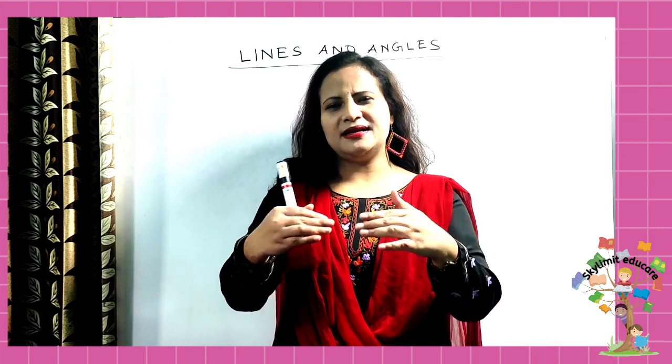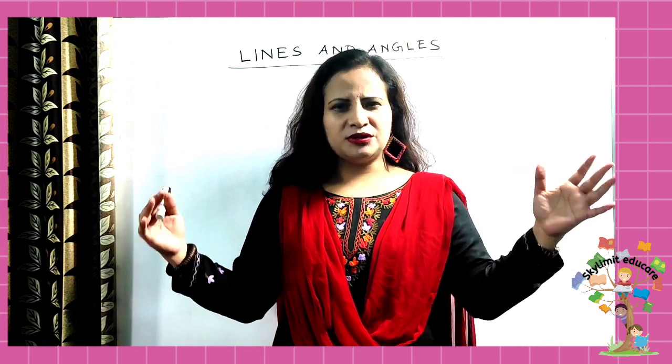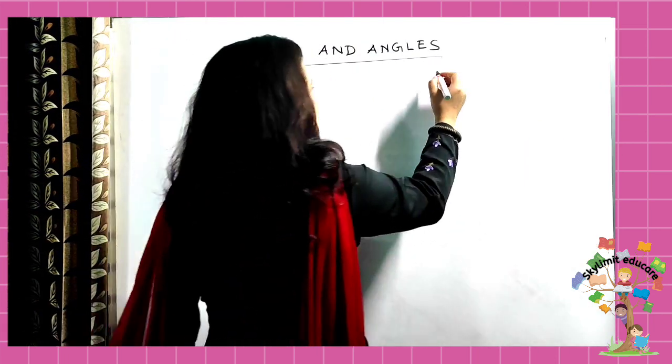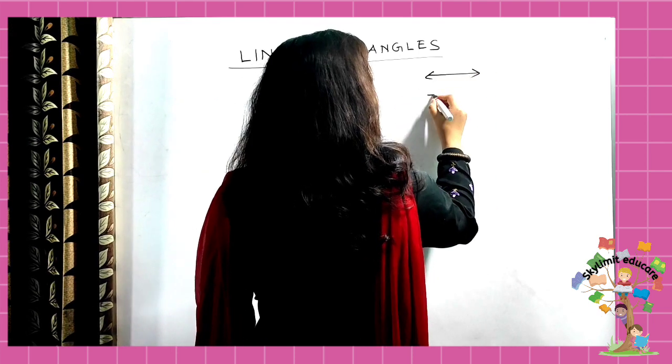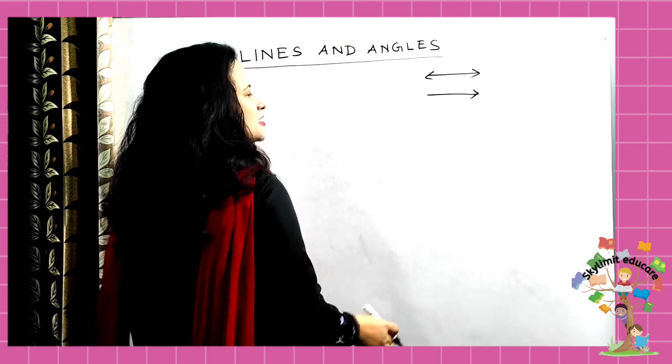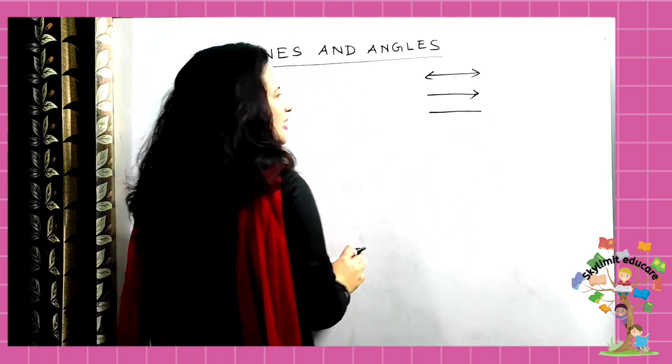So about the different types of lines, you have read that line is what? Line is having no end point. From both the sides it can be extended. You have read that, yes or no? And about rays also you have read that it has one end point and one endless point. Line segment has a fixed length, you have read.